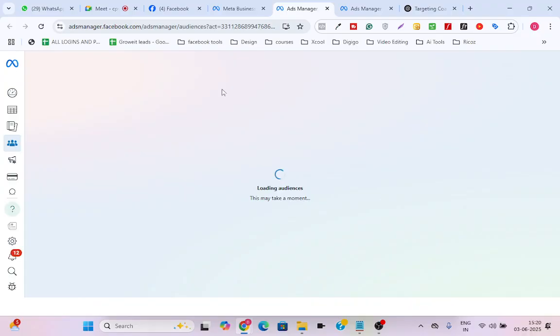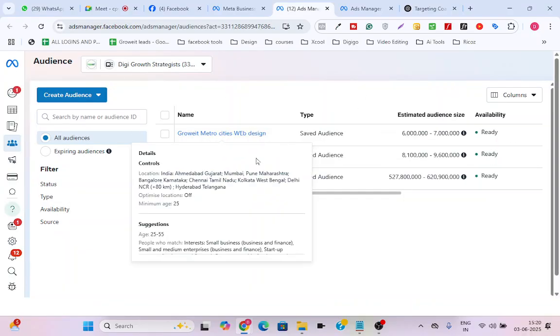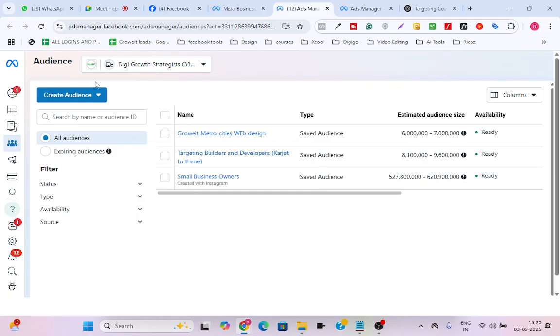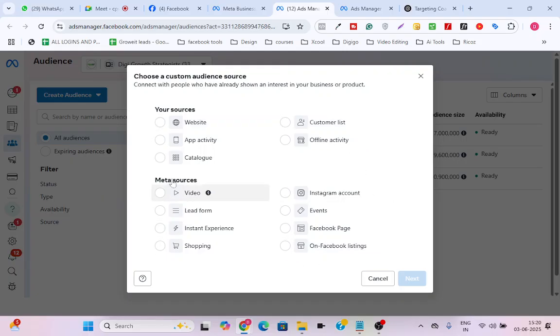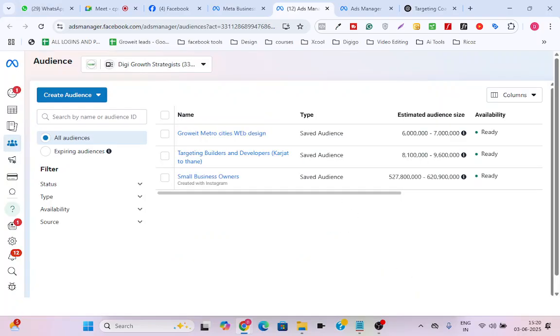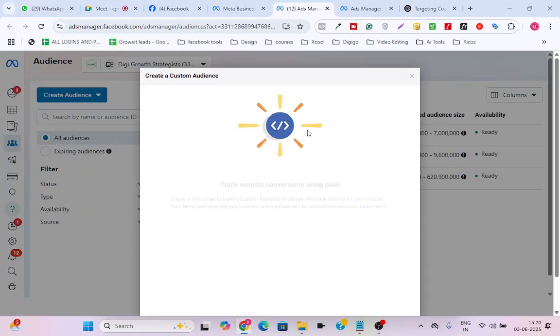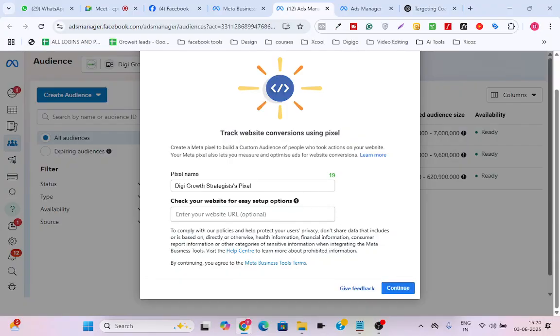If we come down here, you can see some audiences I already created. If I click here and click on custom audiences, I have distribution audience options. I can select website if I want to create a website visitor audience. So I click on website, then next. It will ask me for the pixel and everything. Once I have created the pixel and everything,